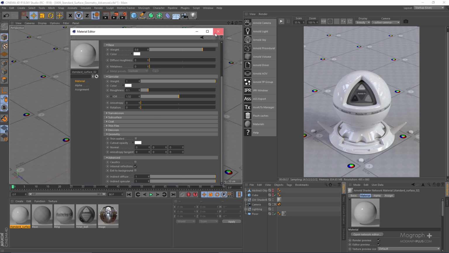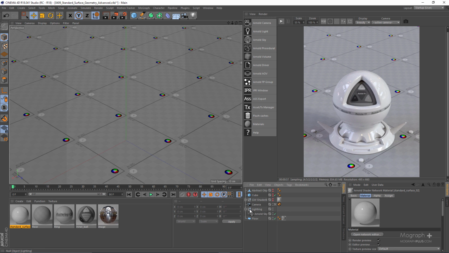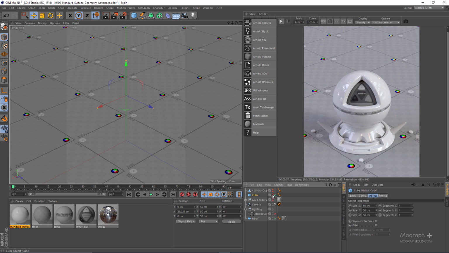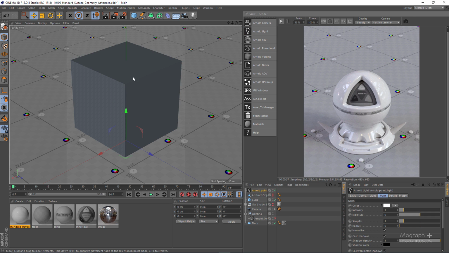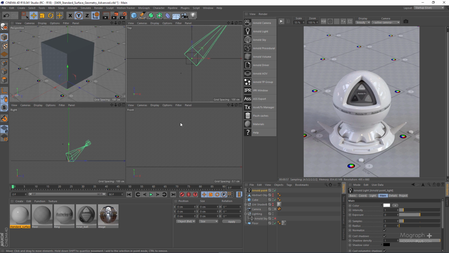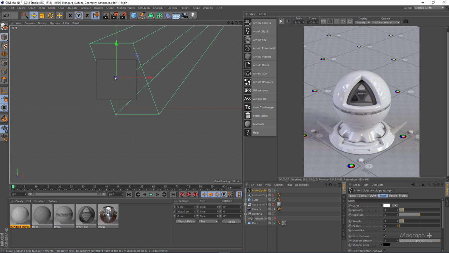Let me show you how this works. I'm gonna just hide this shader ball and also go to the Arnold sky and turn it off. Now I don't have any light. I have this cube geometry, so let me just unhide it and create an Arnold point light. Let's make sure it's inside the cube, and I'm just going to increase the radius to something like 0.1, so we have a spherical,